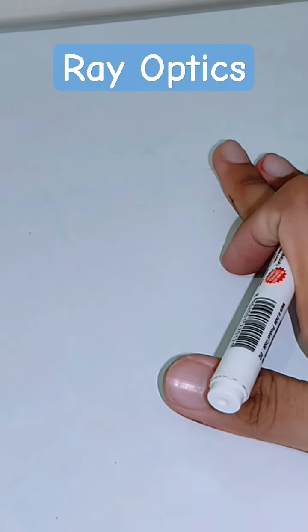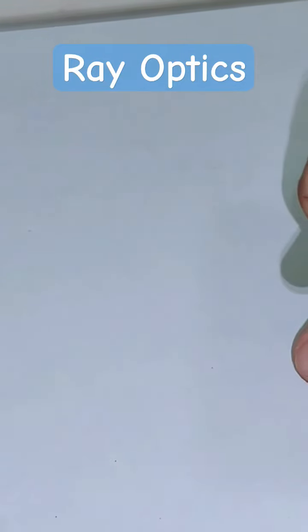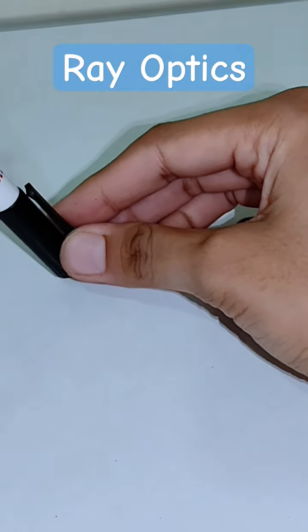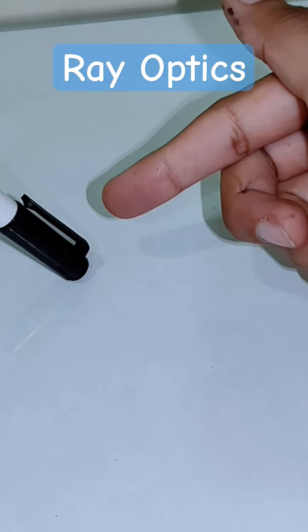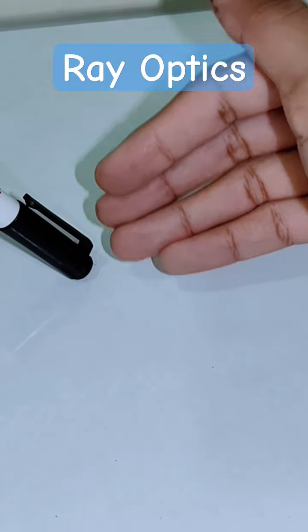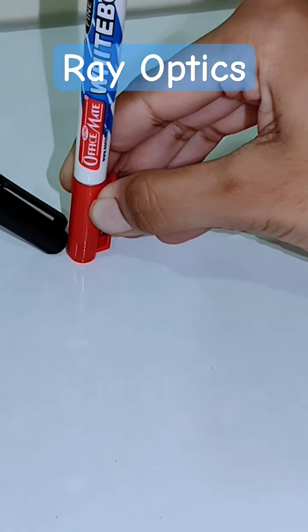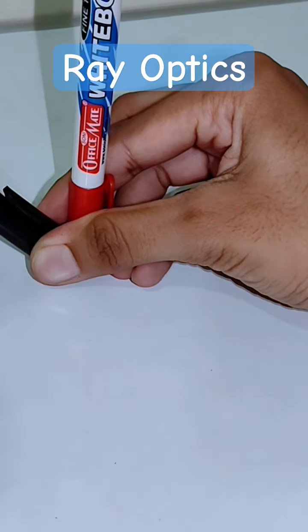Let's say that the surface of this board, the very flat surface of this board, is the plane that I am talking about. Now assume that this is an incident light. Here it comes. Now at the very surface where it has come, I will in my mind draw an imaginary normal. Let's say this is the imaginary normal and this is the incident light. Now these two themselves create